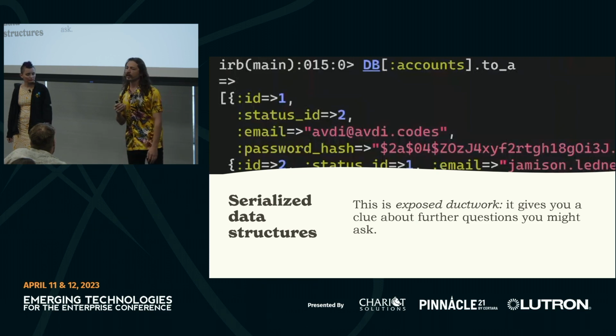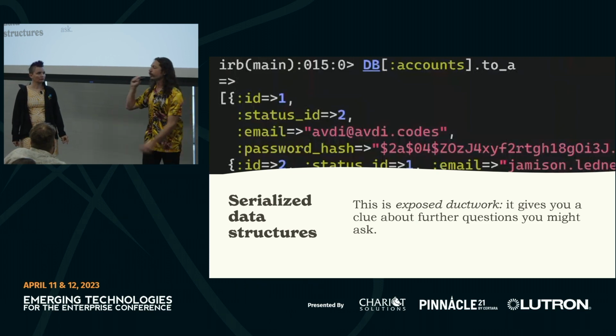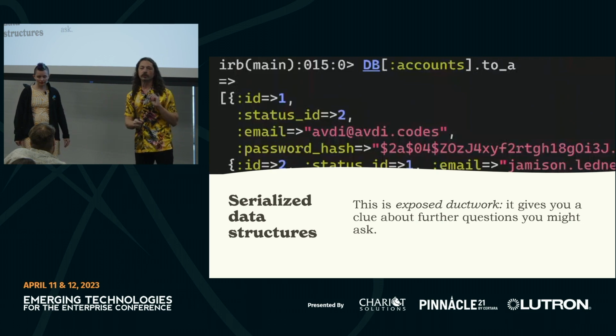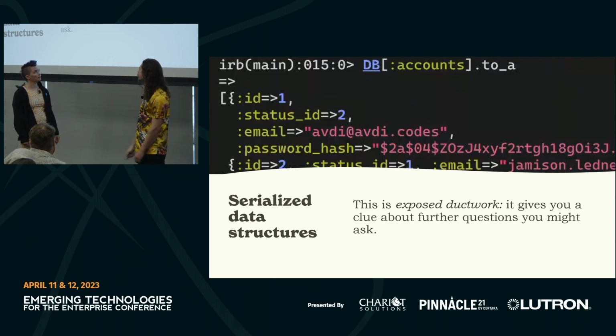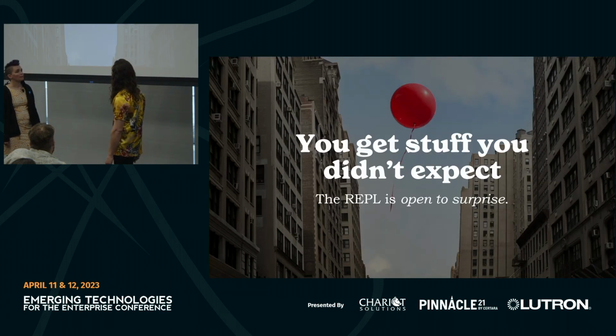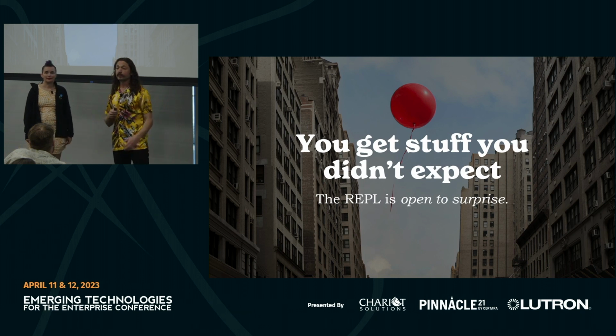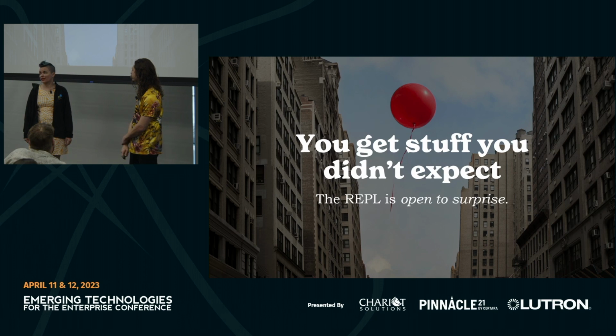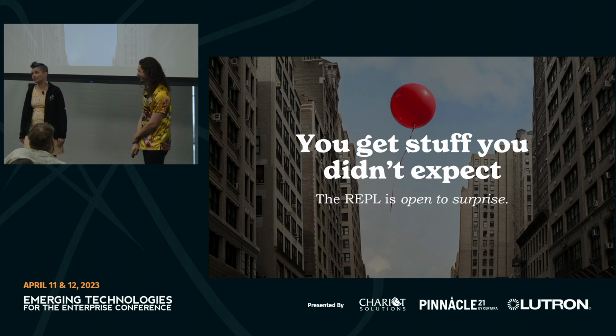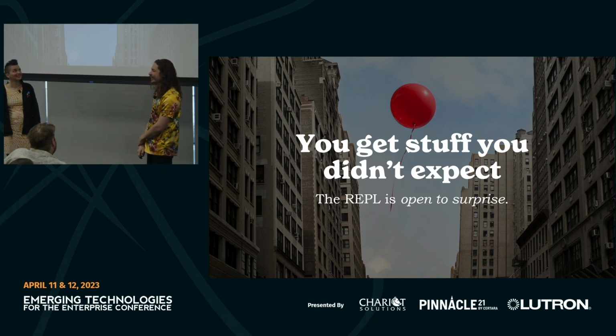serialization of the data. And a lot of times what this gives you is little threads to pull on. It gives you little clues about where you might want to go next. That's the exploratory bit. And that's also an example of you get surprises. You get things you didn't expect. You might even read the error message because it is right there. So these things are kind of experimental.